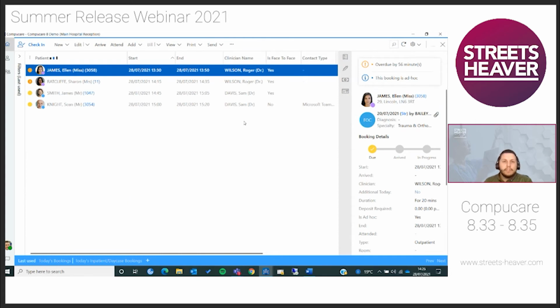So what we've done in our check-in screen is we've added a few new columns so that the outpatient staff can more easily see which of our appointments are face-to-face. So they can also see what different contact types they've got on the appointments as well. So if we just have a look at the ones I've got loaded up in our example here, you can